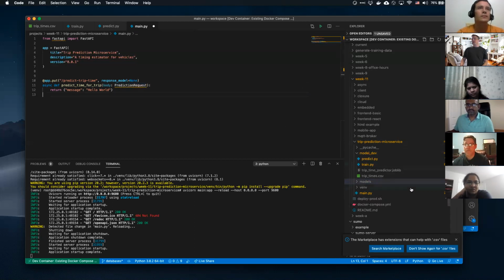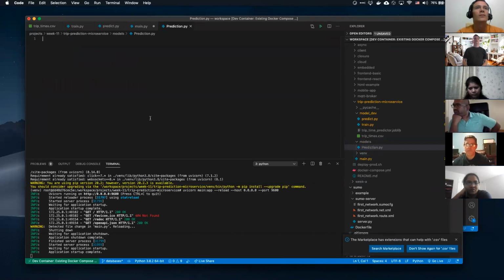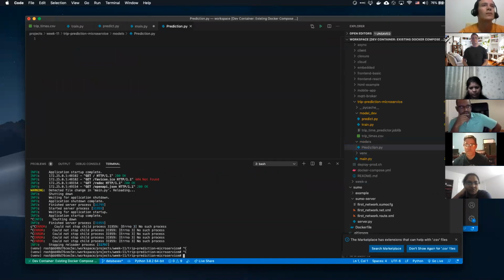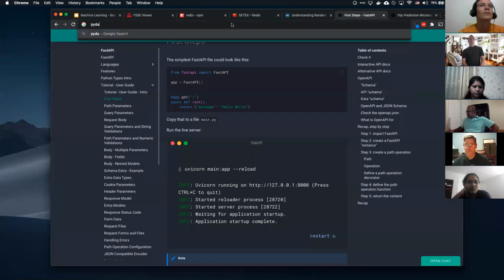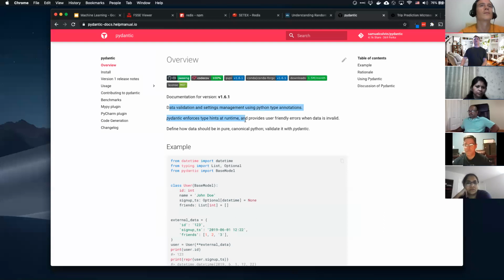Okay, so we've got this. So we're going to define a models folder here, and I'm just going to put in here a file called prediction. And in prediction.py, I'm going to pip install Pydantic. Pydantic is another library that gives you data validation, settings management, and enforces type hints at runtime and things like that.